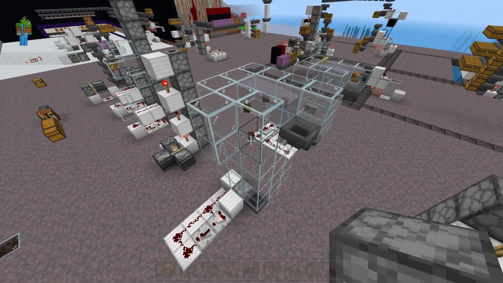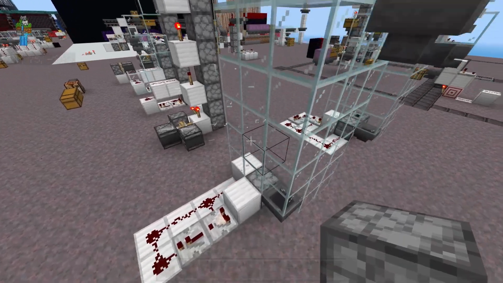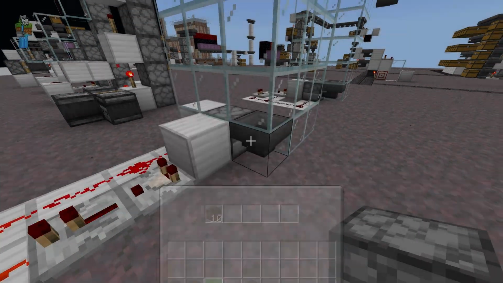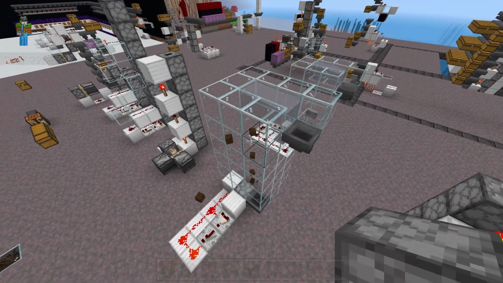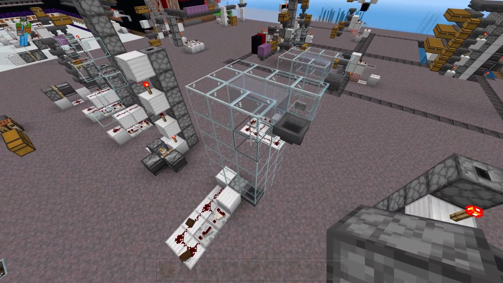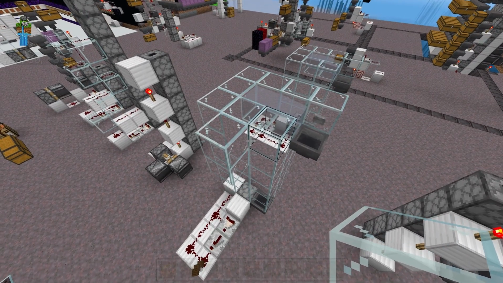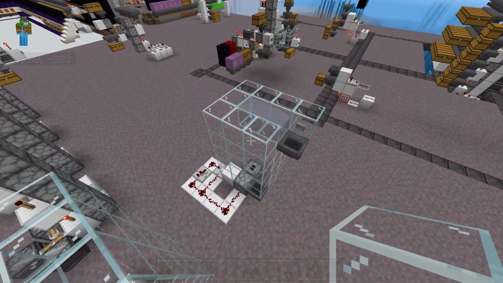Now, abusing item physics like this is kind of neat, but sometimes it's kind of weird. You know, for this specific design, if we break these random two glass up here, the items just decide to fall out of the side. So it is actually nice to build this out of glass, even though you don't have to, just so that you can see exactly how the items are behaving.